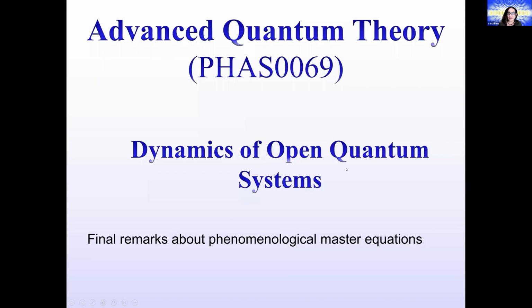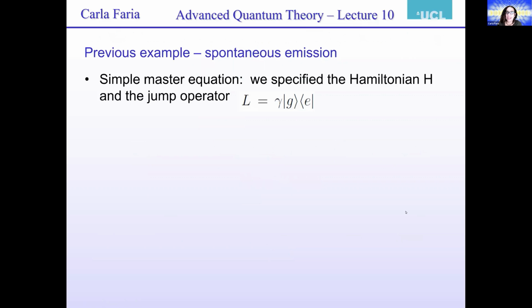We know that the probability of the system being in the excited state is going to decay with this rate modulo square gamma. And this is very good. So this specific lecture is coming to an end, and I would like to make a series of remarks about phenomenological master equations, and in the example that we have just seen, with regard